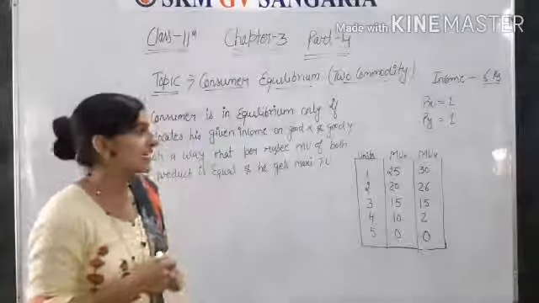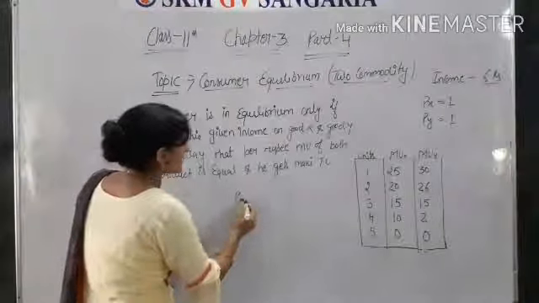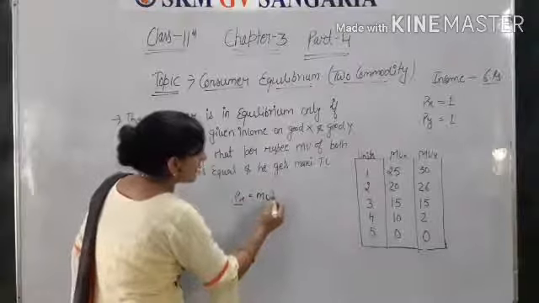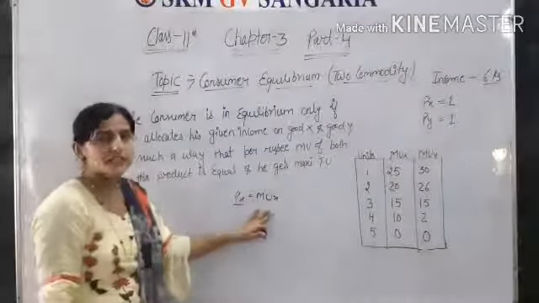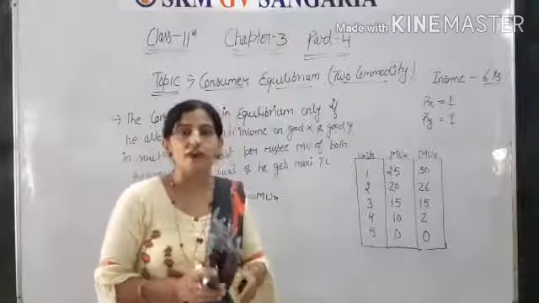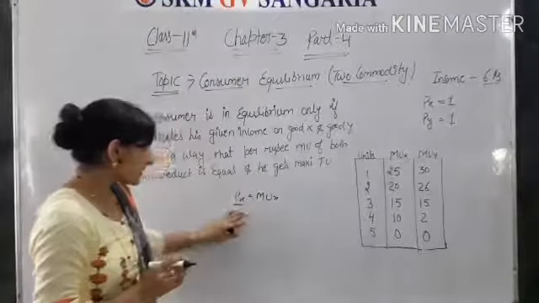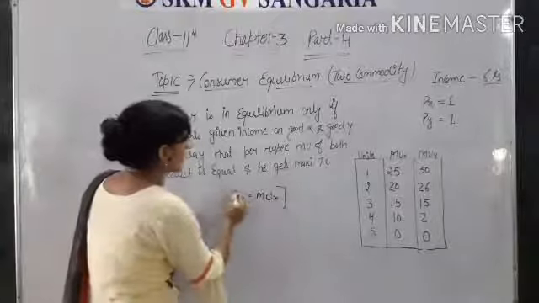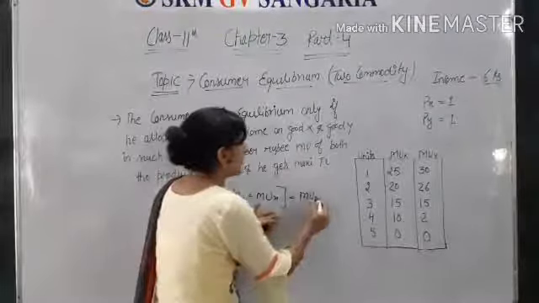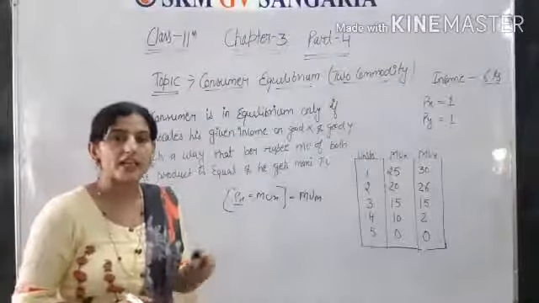In that we studied that the consumer is in equilibrium when the condition is that the price of commodity X is equal to the marginal utility of X. It means we studied that the marginal utility decreases when we consume more and more units of a commodity. So the condition of consumer equilibrium was Px = MUx = MUm, and the assumption was that MU, or marginal utility of money, remains constant.